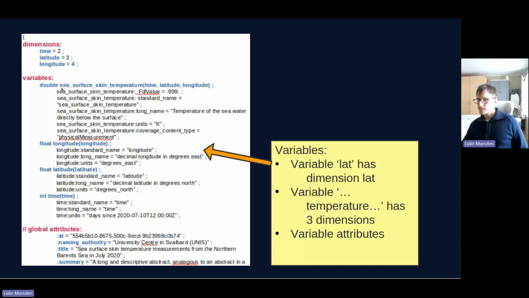Whereas this variable here, sea surface skin temperature, is a 3-dimensional array of data. So the data have a dimension of time, latitude, and longitude in that order. And this is actually one advantage of NetCDF files over, for example, CSV files, because in a tabular format, you're kind of restricted to 1-dimensional arrays.